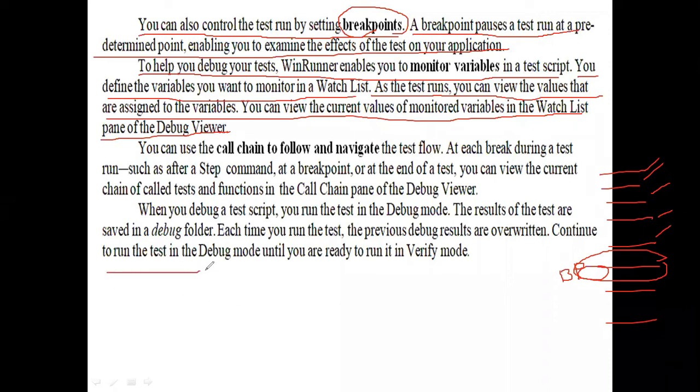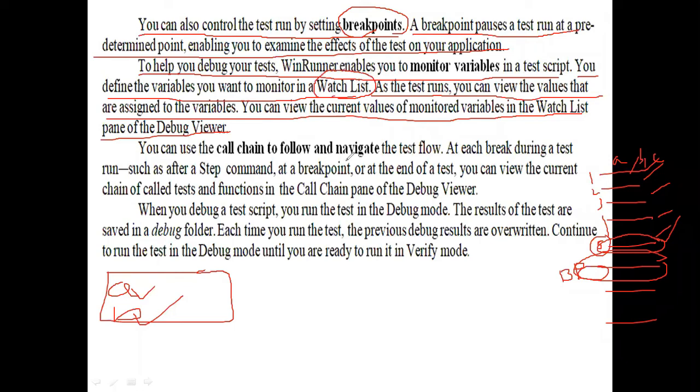So what it means is, there is a watch list window. In this, I add the variable names, for example, I define a, comma, b, comma, c. Now I add these variables to the watch list. Now I want to know the values of a and b at a particular statement. For example, this is the 1, 2, 3, 4, 5th instruction. In the 5th instruction, we are going to identify the values of a and b that were already assigned to this watch list. You are going to monitor these variables a and b in the watch list.